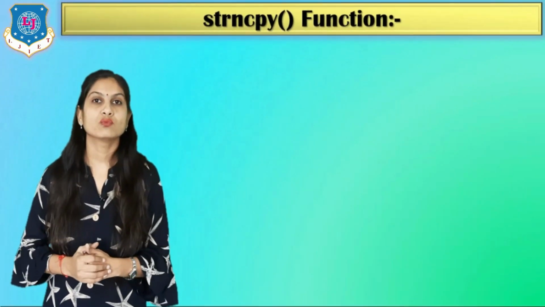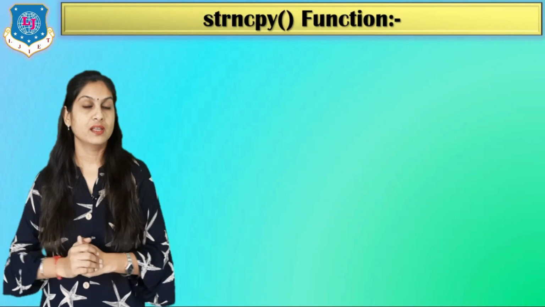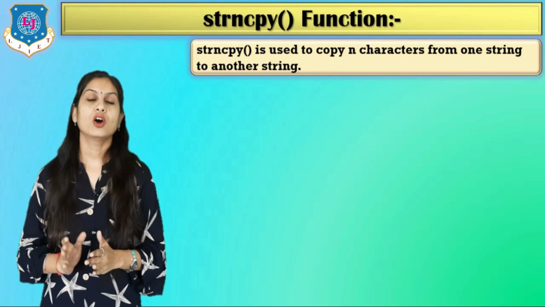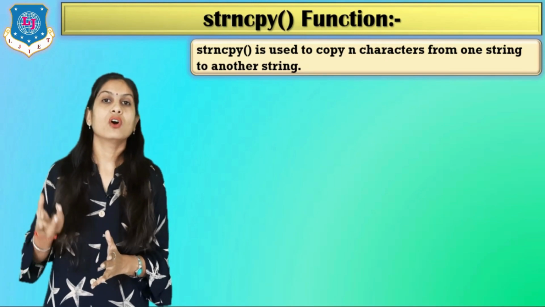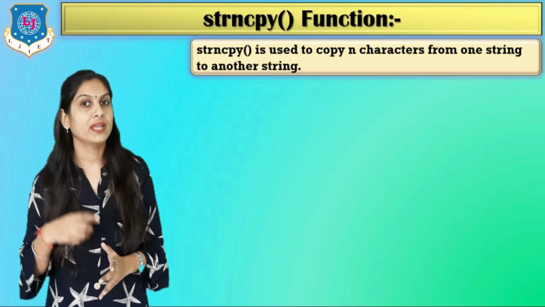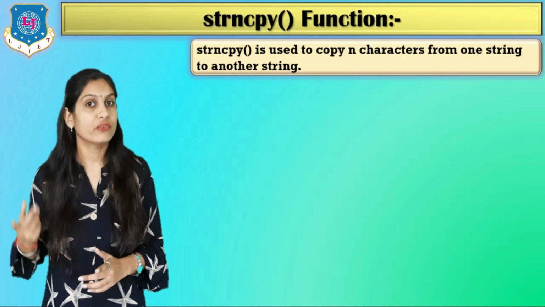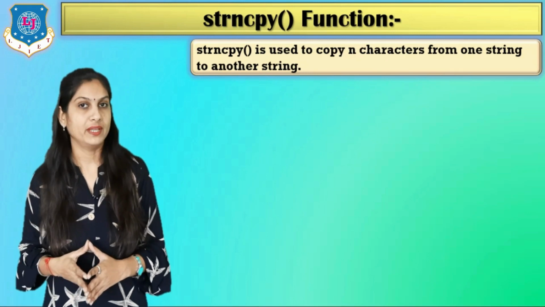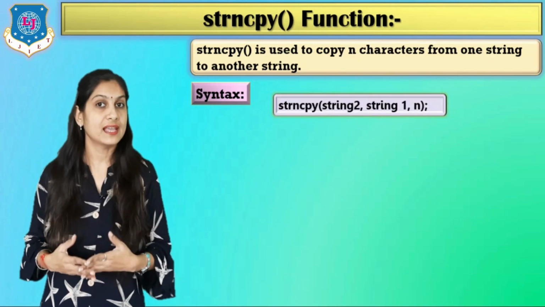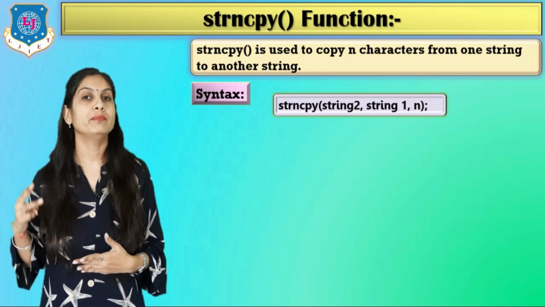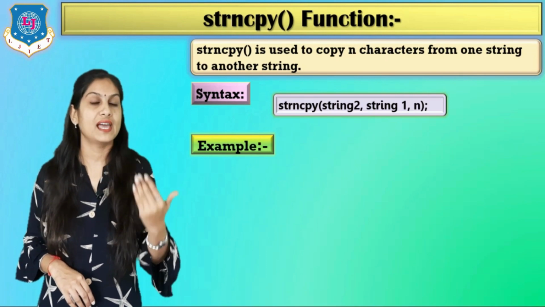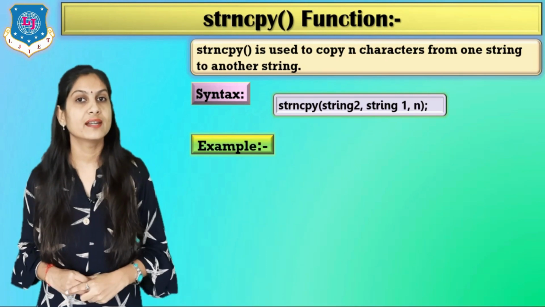Now move to the next one, that is strncpy. So what is the difference between strcpy and strncpy? The only difference is that now we are copying only a number of characters. Clear? Not the whole string, but now you have to give the value of n. How many characters do you want to copy? For that, use the syntax where the function name is now changed to strncpy, and a third argument is added, like n. So what happened? The s1 data will be copied into s2, but how many? That depends on that n value.